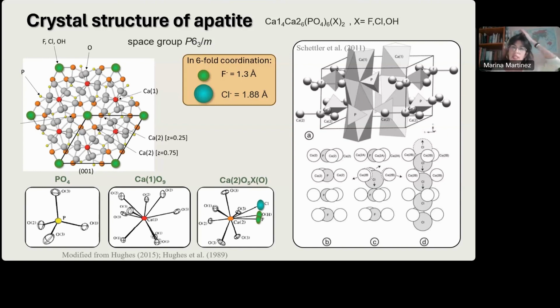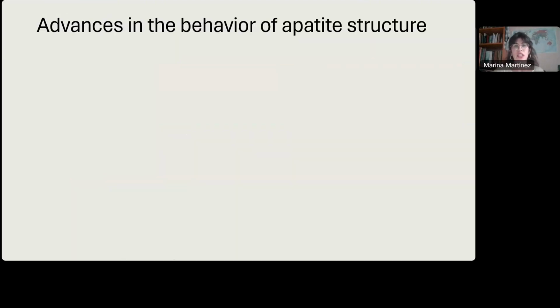So fluorine fits well into these channels exactly at the mirror plane. However, when chlorine enters the structure, it's too big, and then different arrangements of these polyhedra occur. I'm going to detail that a little bit later. But